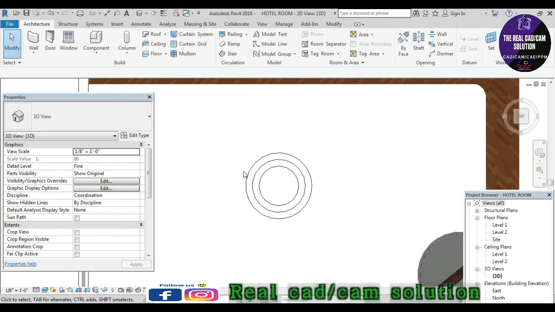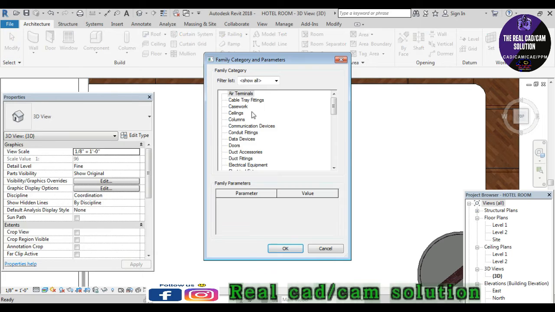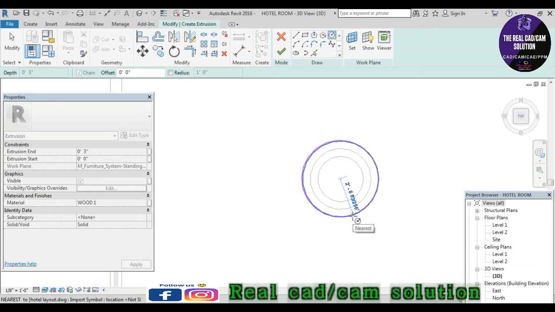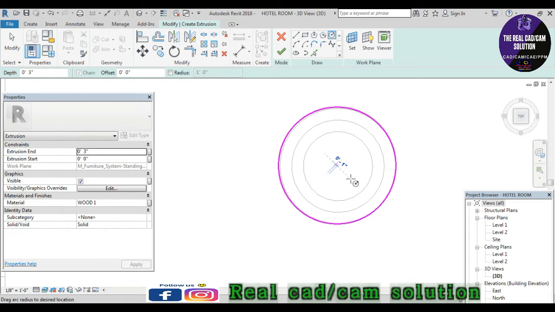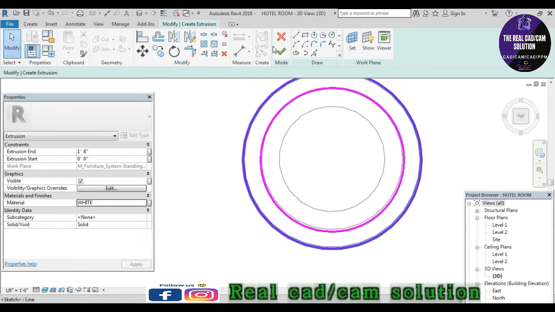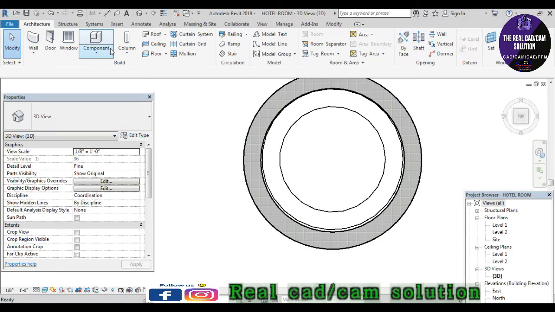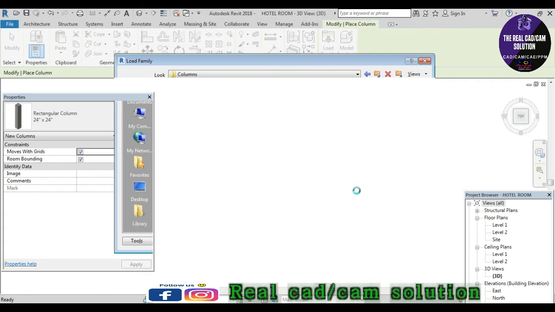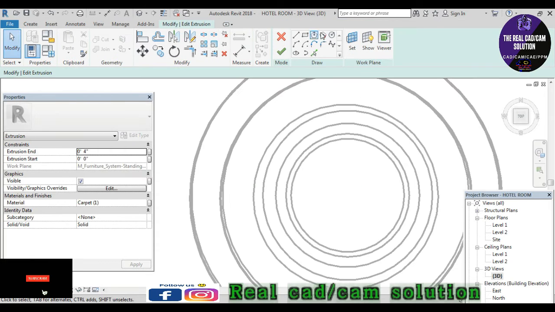Then go to place my components. I extrude some sit-out on the exterior side of the column like this. Keep watching what I do. Draw like this, and go to the interior, draw like this. Okay, finished. The extrusion end is 1 feet 6 inches, already given. Then go to the structural column and paste it into my modeling. That's a metal clad column. It's a cylindrical portion. I attach it to the interior sit-out area.